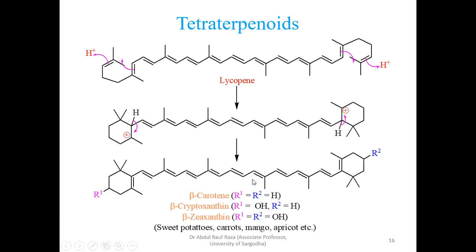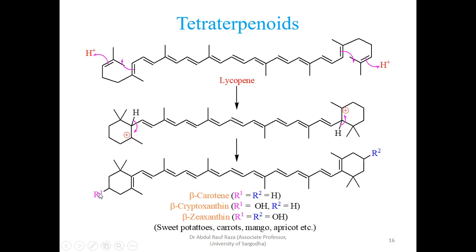So if you are comparing the lambda max of this and that, whatever the value is, it shall be minus 31 nanometers, showing less than lycopene. That falls in beta carotene, which is orange in color. That's why it absorbs in the blue region. It absorbs blue radiation and lycopene absorbs green radiation. So it absorbs lower radiation, meaning the energy gap is smaller in lycopene, while here the energy gap is increased.